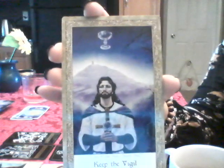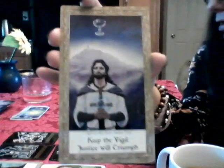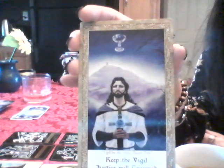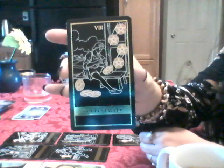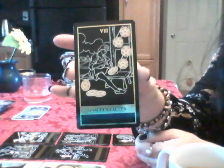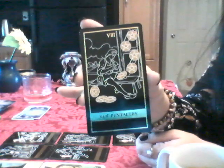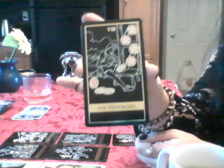Justice will triumph. Okay, so something ended here, starting new, but we've got these offerings coming in, and that's been stepping in currently in this current condition. It's one thing, but it's going to bring us to this place of Eight of Pentacles. I feel like, is this an opportunity that you're not taking, or you're just maybe curious about where it's going to lead if you do take that